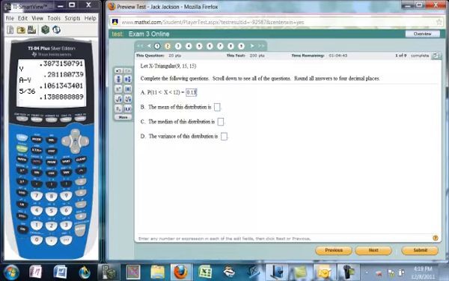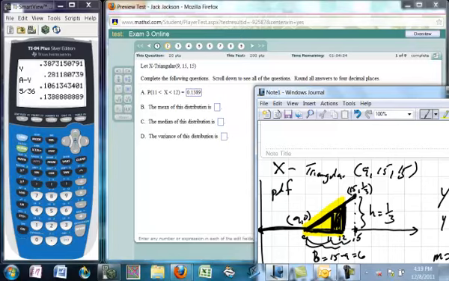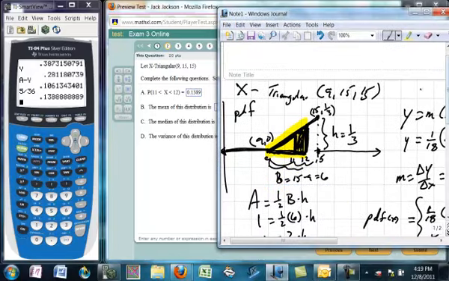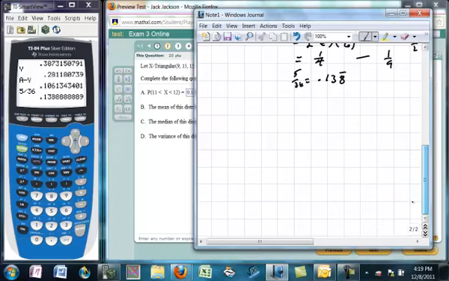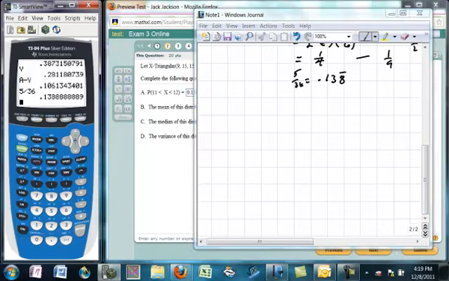1, 3, 8, 9. Now, how do we find the mean of the distribution? Well, in general, if we have a PDF and we want to find the mean, we can do it this way. We can go to that area calculator again, which is math. It's actually number 9, I believe. So, math 9. And we go to here,